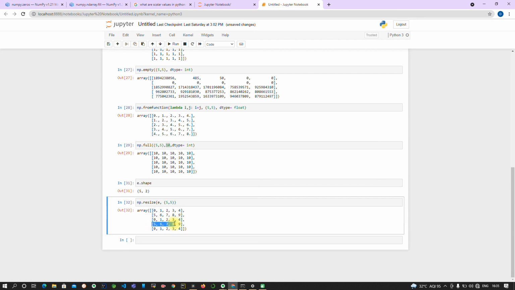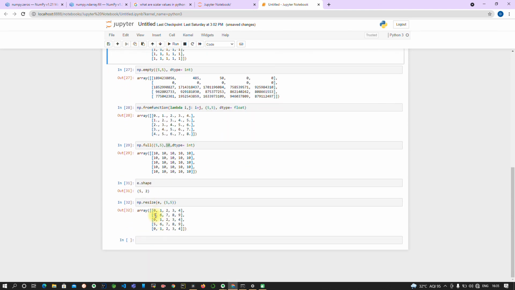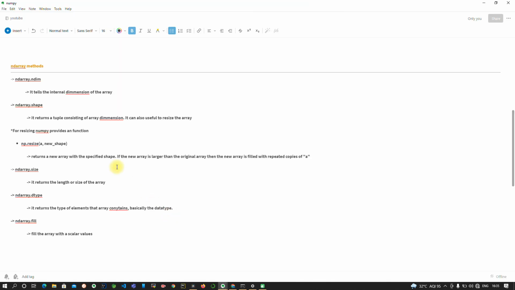The original array has 0 to 9 values, but since this is a larger array, up to 9 it is repeated twice, and then the rest of the values, 1 2 3 4. So this is the use of resize to reshape your array.